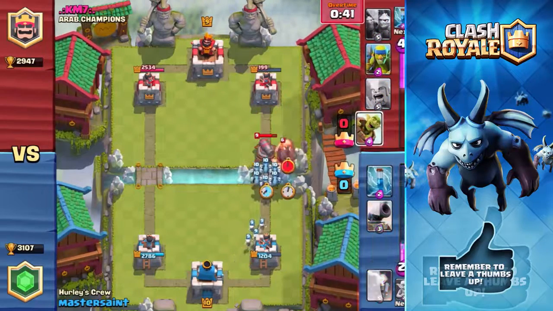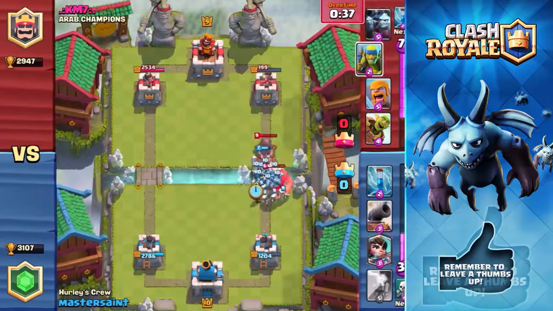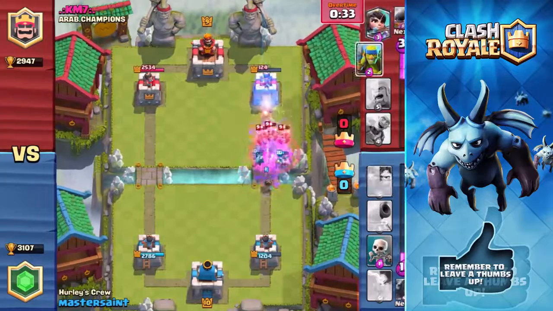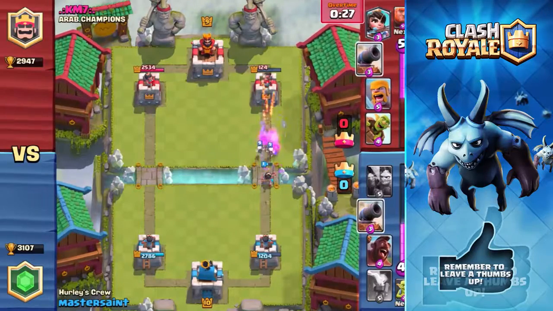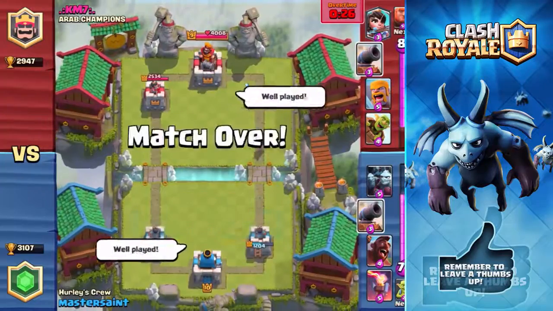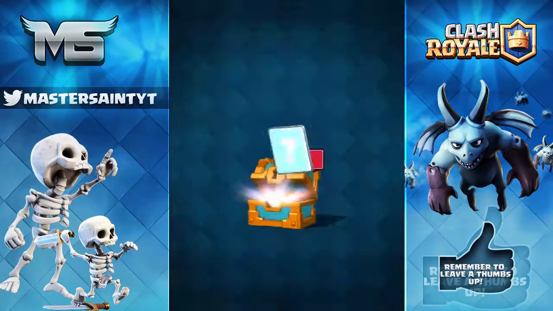So I'm just working on getting my hog there, dropping down my minion horde to take out the giant, my hog to take out the cannon, and some goblins to help out. He's going to drop down his minion horde, and he actually zapped mine, and I couldn't really zap his, and we got kind of wrecked, but we did have that princess down, so we managed to take out his tower and get the win. Now we are going to get right into opening up this magical chest, but why not